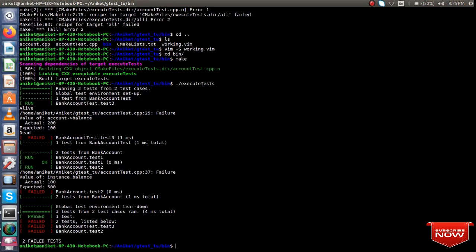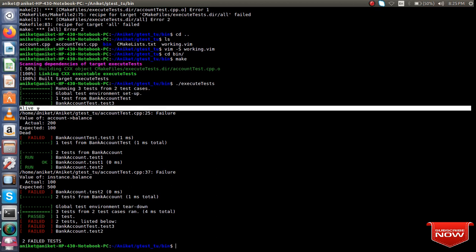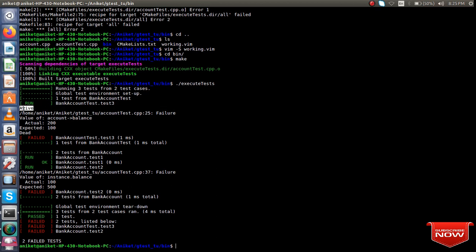Just run the executable file. Now as you can see here, my first test case is getting run. One instance has been created, so that's why it is printing alive. But this test case failed as it is throwing an exception saying that the actual value is 200, because I am passing value 200, but I am expecting it to be 100.